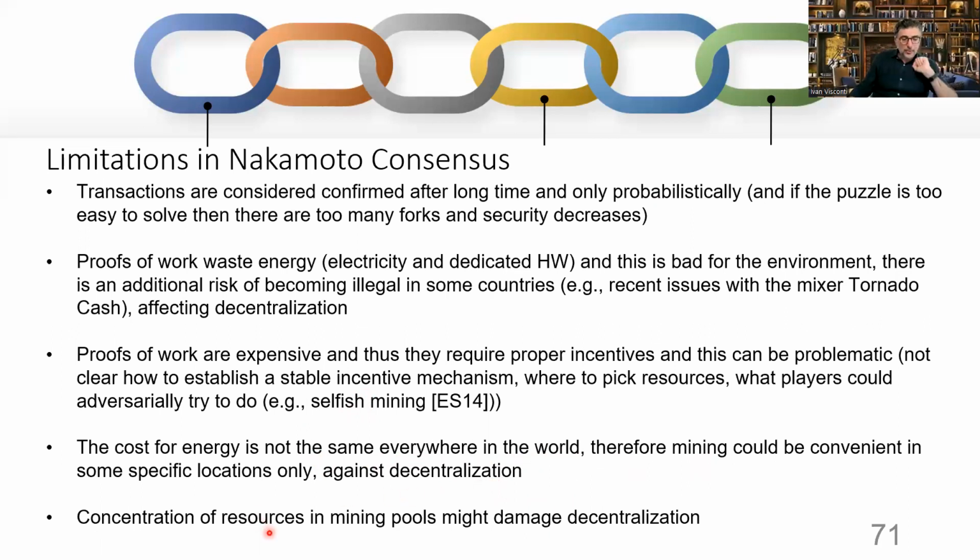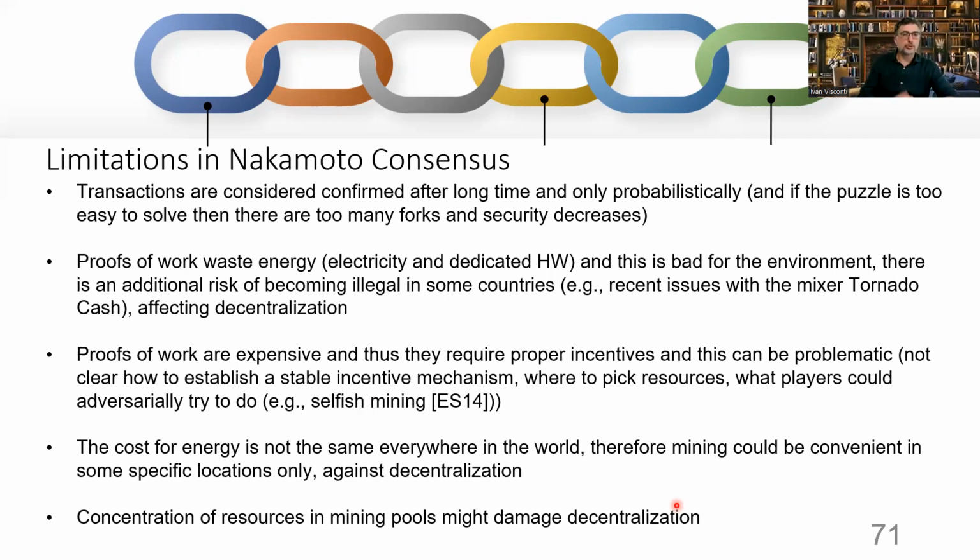And finally, concentration of resources in mining pools might damage decentralization. Okay, this is more controversial. So we know that if you buy some dedicated hardware, most likely you are not going to do mining on your own, because it's very rare that you will actually mine a single block. Okay, so most likely you will join with others in a mining pool,